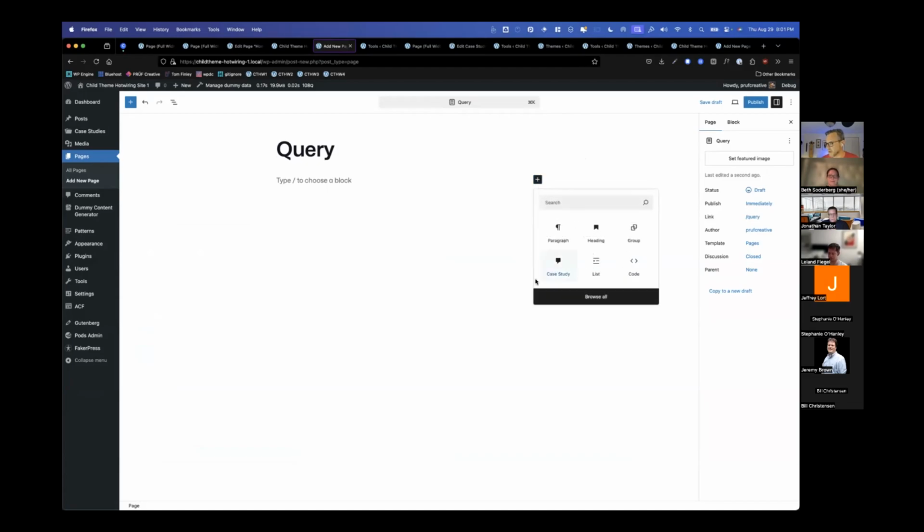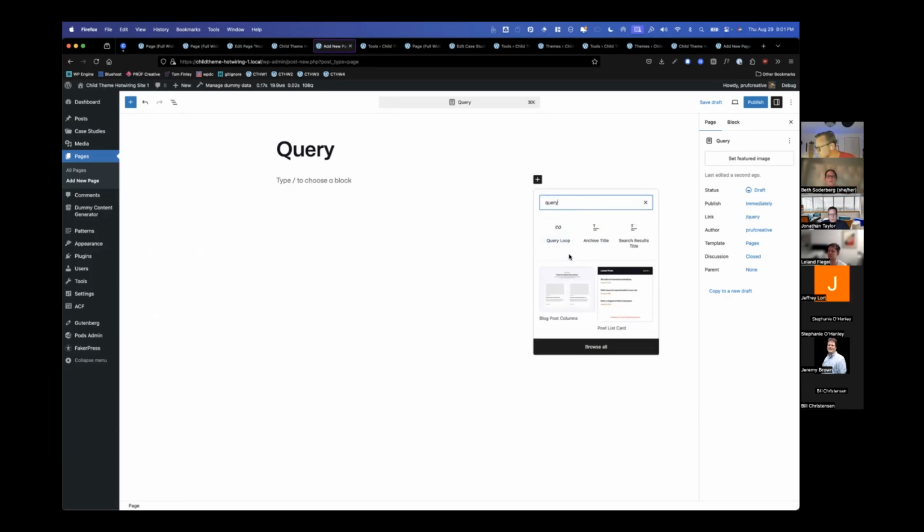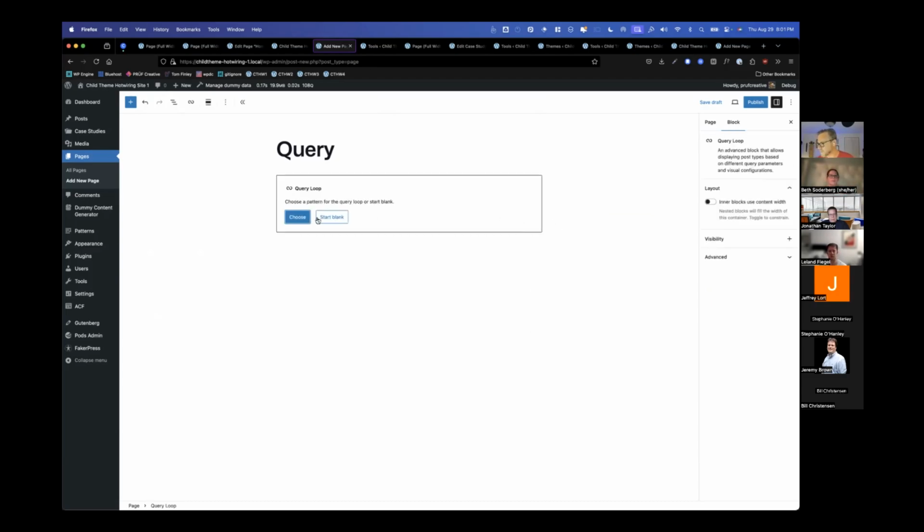But the query block is pretty straightforward. Can you see my working screen, Beth? Okay. So let's see. The query loop is pretty straightforward.